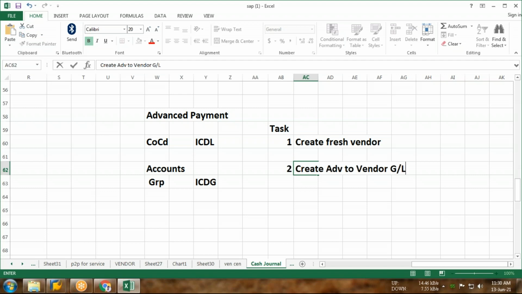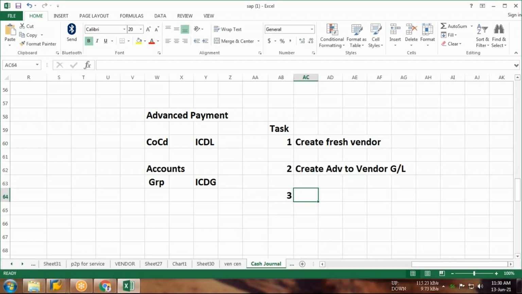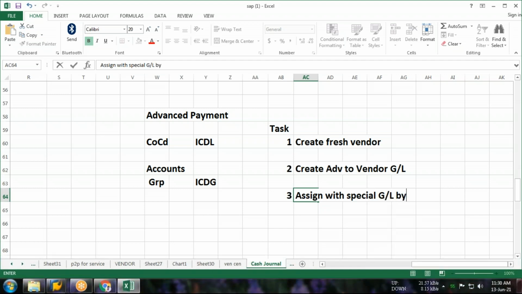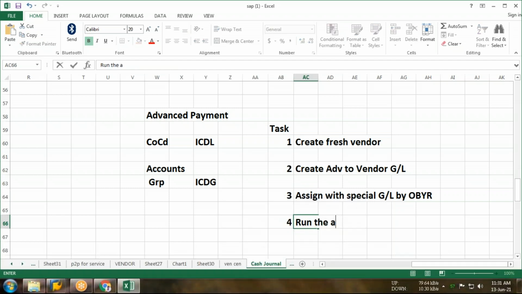Third, assign with special GL by OBYR. Okay. Then run the advance payment. Okay. And run the automatic payment.